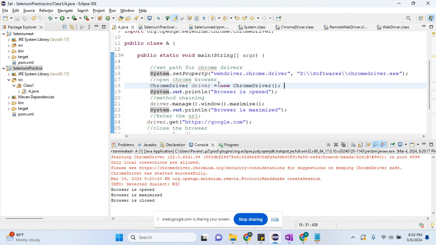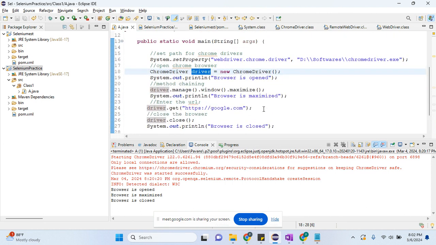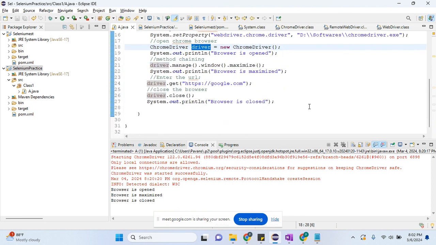By the time it sees this new ChromeDriver, it will open the browser, correct? So instantiating the class of ChromeDriver will open the browser for you, correct? Using this reference, there are some non-static methods, so we can play around with them. Okay,